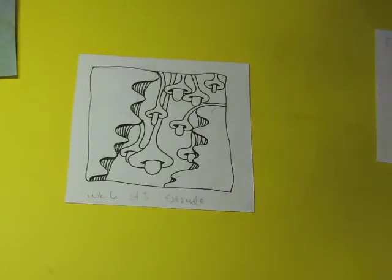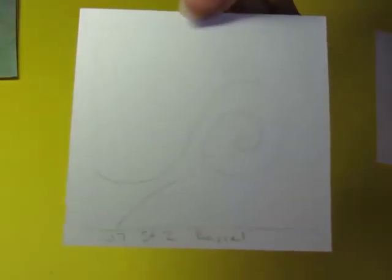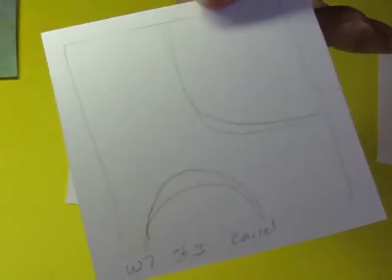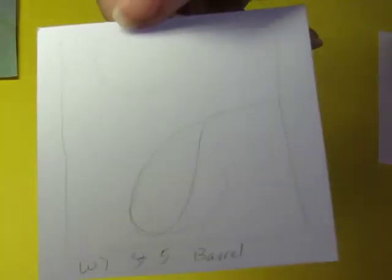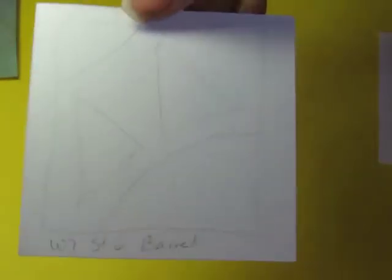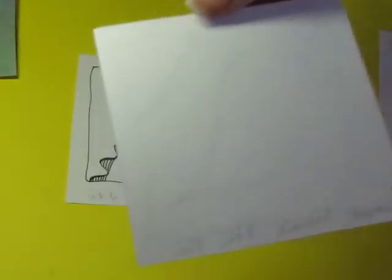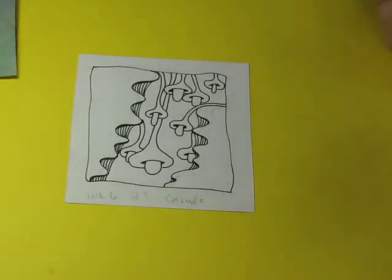then week 7. There's week 7, string 1, it's going to look like this. String 2 is going to look like that. String 3 and string 4. String 5. Here it is. String 6. String 7. And this one happens to have a string 8 because,